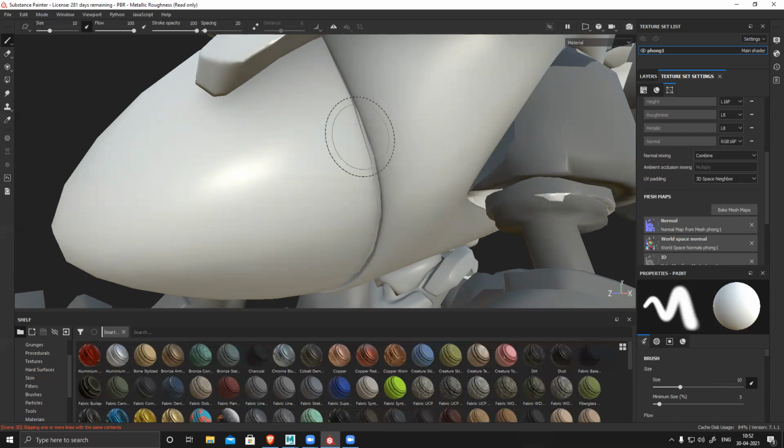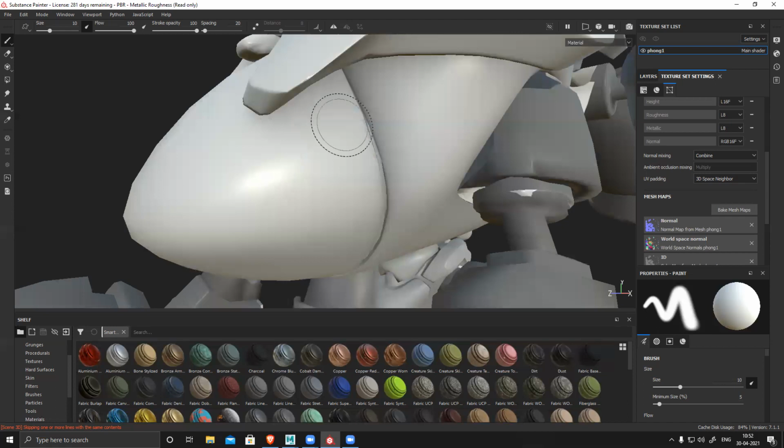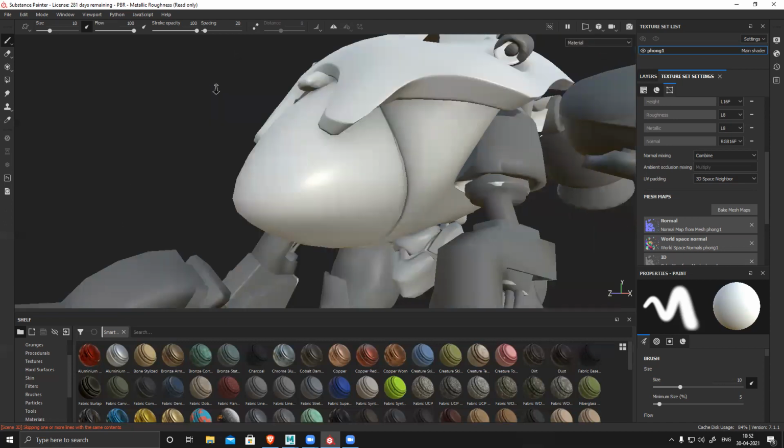So it's a problem. It's an issue. So for this kind of model, we don't bake it like this. For a normal simple model, we can bake it like this. But for a complex model, we cannot bake it like this. It will create problems. So we have to explode the model. Explode means we have to separate all the parts and then bake it. I'll explain that. So this is okay.